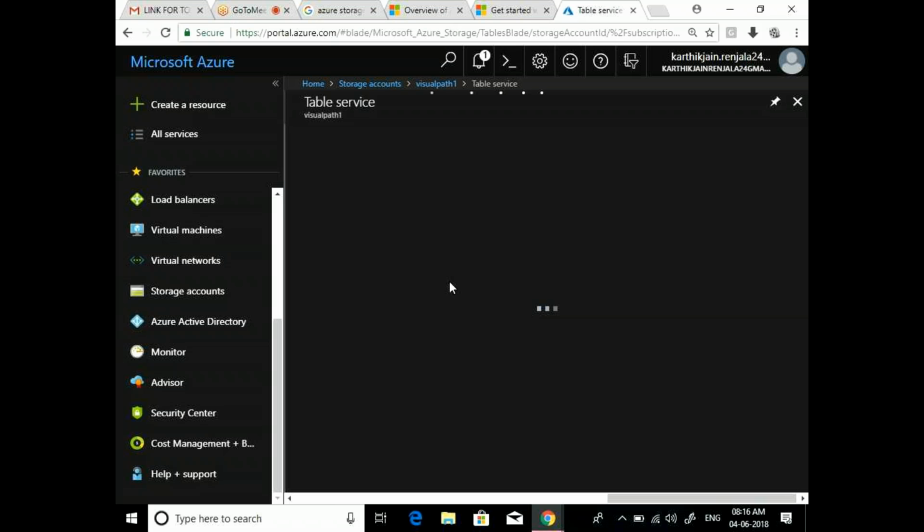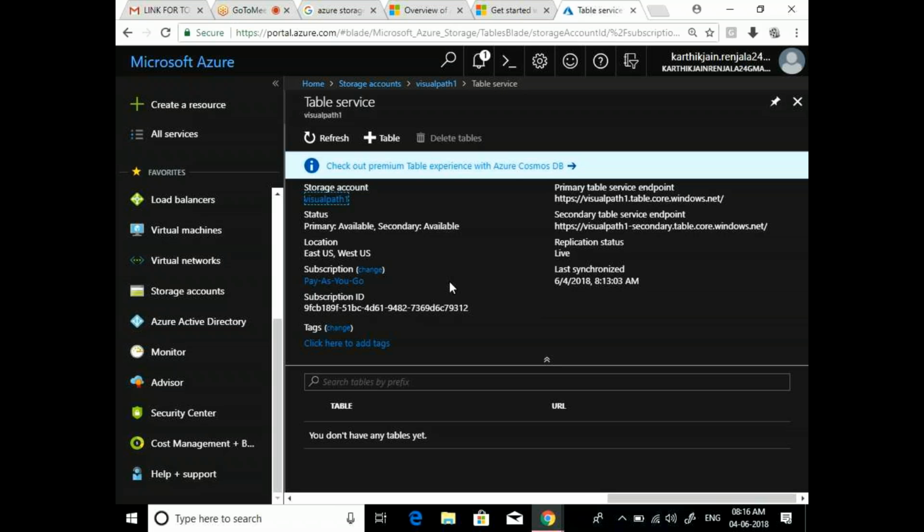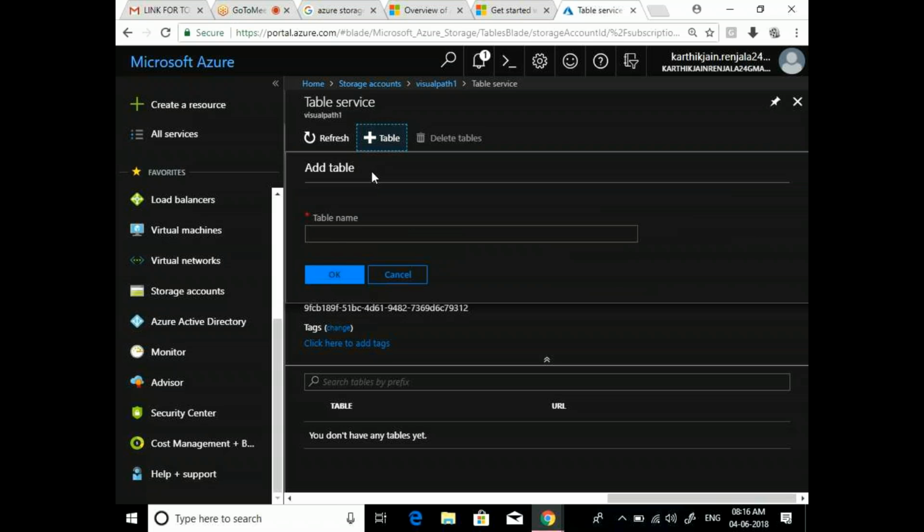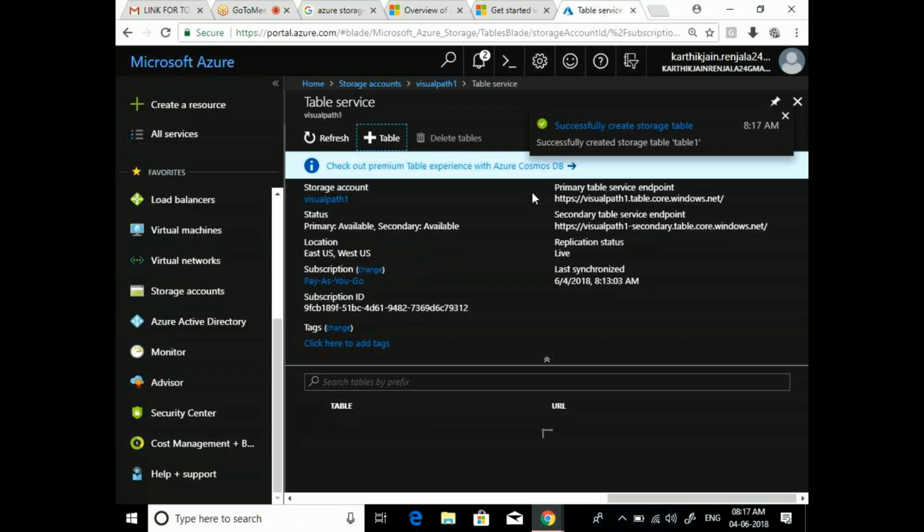whenever you talk about SQL databases, people will show you a table with employee name, employee ID, employee salary. From our graduation onwards, we have seen these kinds of tables, right? If you want to put the same table in a SQL database, you need to write some queries. But here, by using a script, you can push that table into this table service. You have this create table option. You can name the table table one, and only if you are a developer can you use these services, because these are purely developer-oriented services.